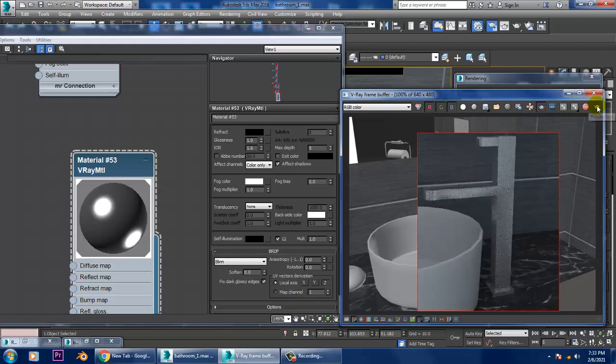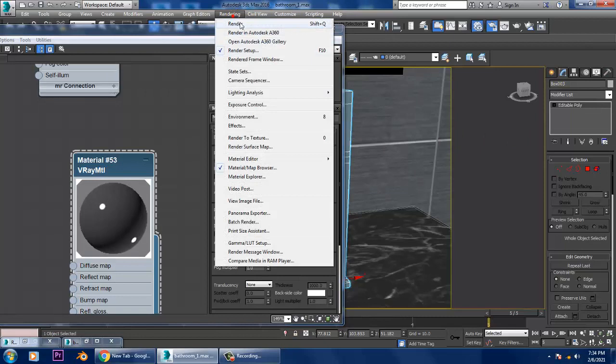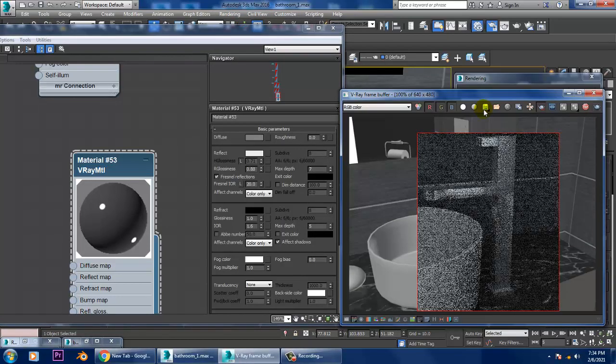So over here we can go with a few of the properties still. And let's render it and see, much better.